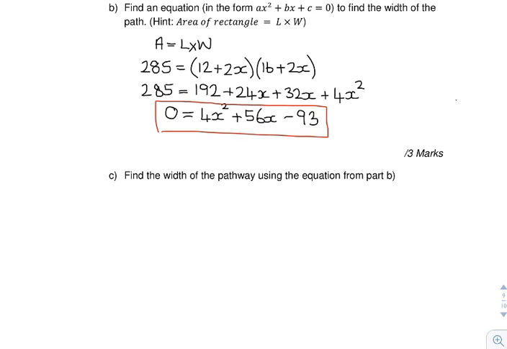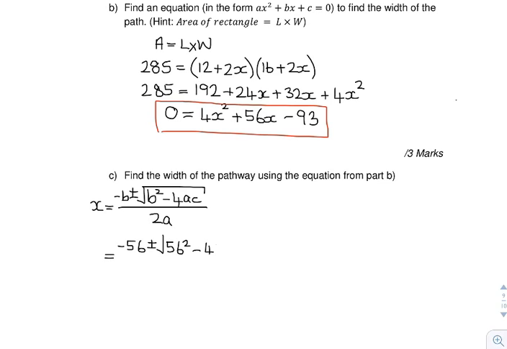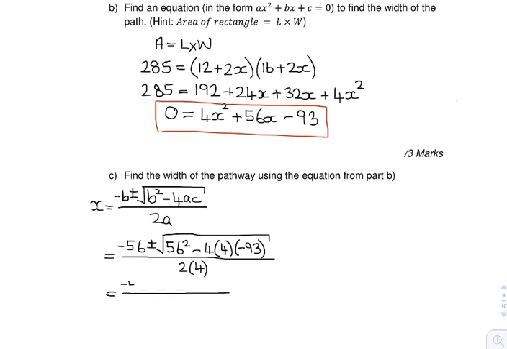Part C says to find the width of the path using the equation that we just found in Part B. In order to do this, you are looking to solve for x. For this particular question, I'm going to use the quadratic formula, substituting in a, b, and c, and then simplifying that equation. I will get negative 56 plus or minus the square root of